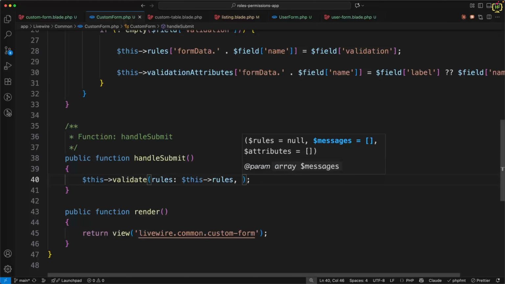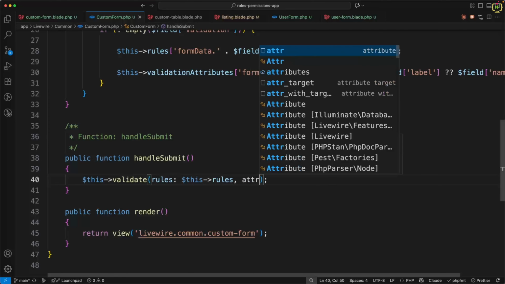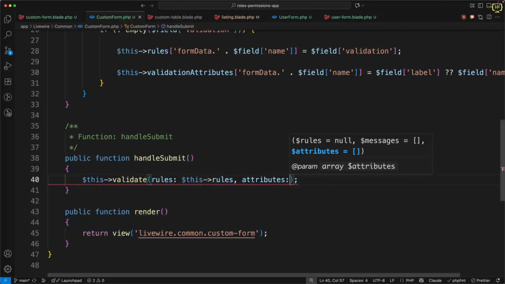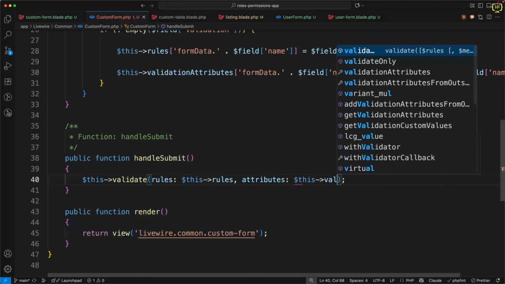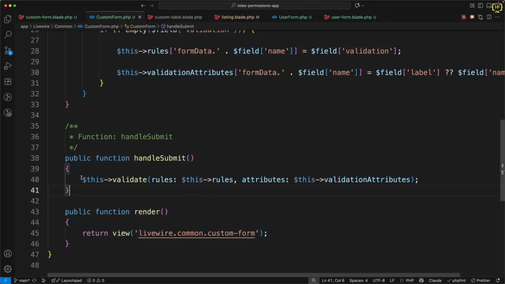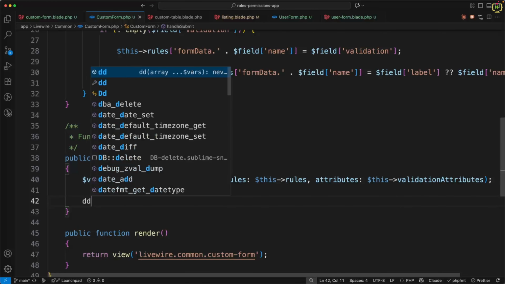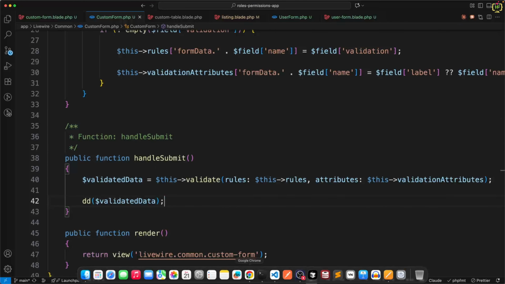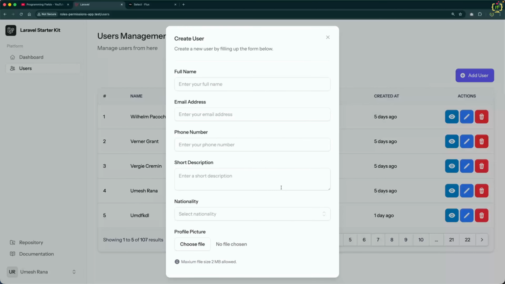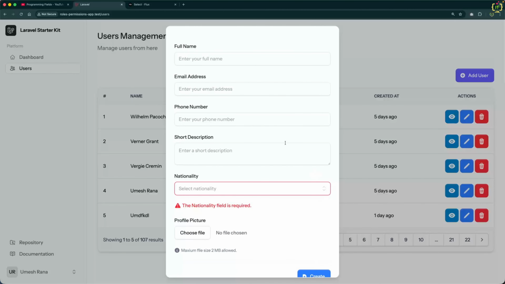So I will pass attributes. So in the second argument, we have attributes, and I will pass $this validate, which is validation attributes. So this will return validated data. Okay. If we put dump and die on validated data here, and navigate to the browser, and submit this form, yeah, this threw a validation error, but we are able to see the validation error for only one field,